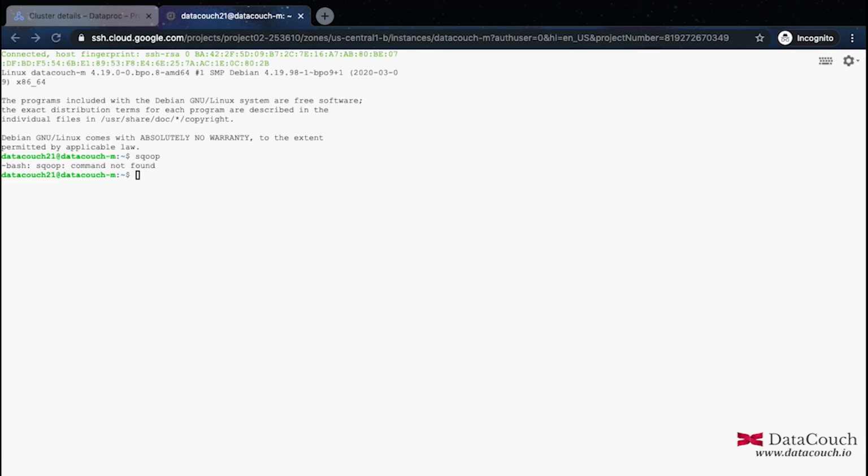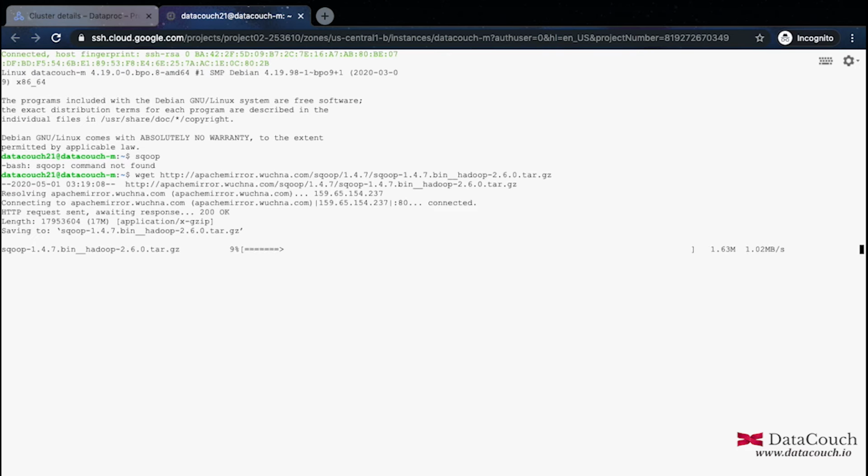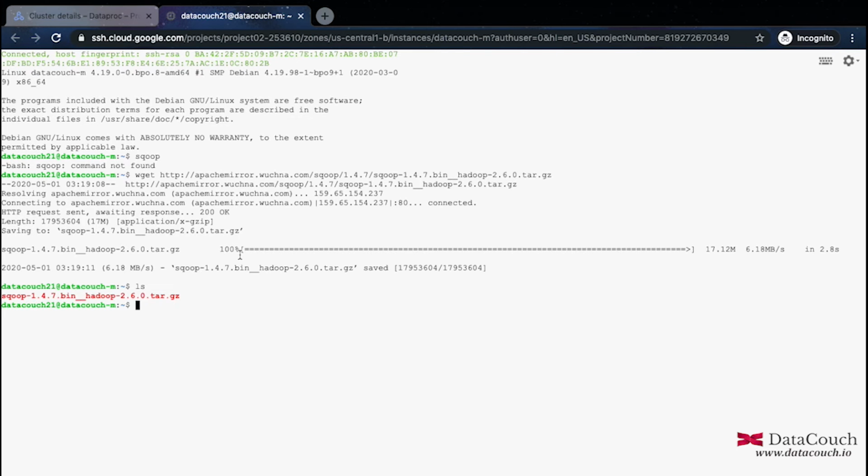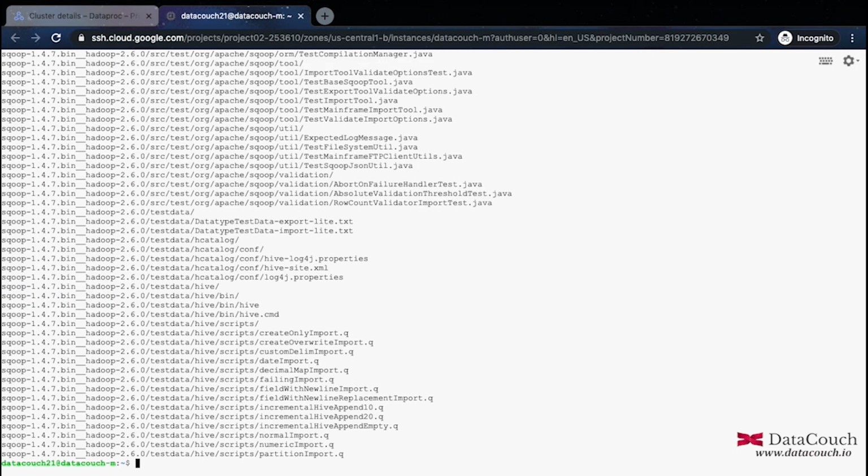When you are doing this installation, you will have to download the tarball, which is available from the Sqoop repository. I'm just using this command to download it. So we got this tar file, and we just need to do tar -xvf and extract it. I'm just using this command, and you can get all these commands from the reference material that is available along with this video. So you can easily get all the instructions from there.